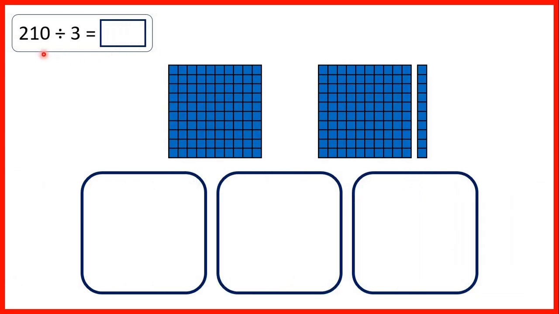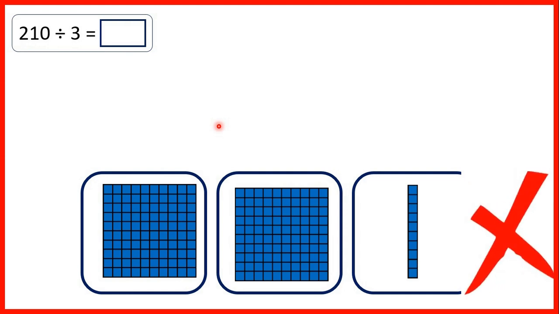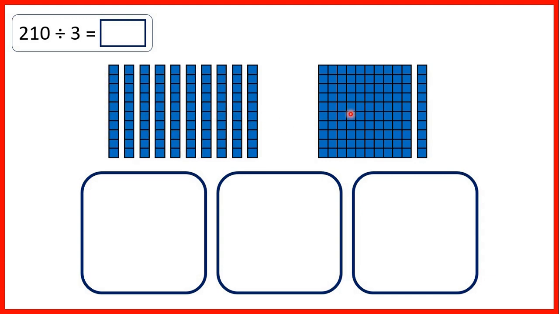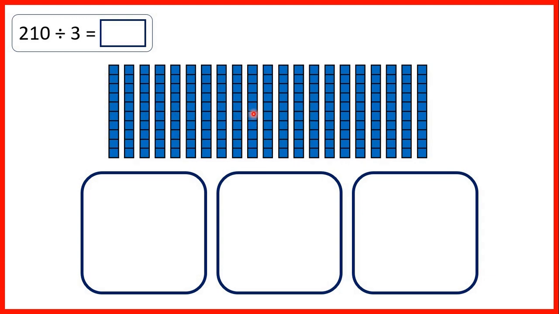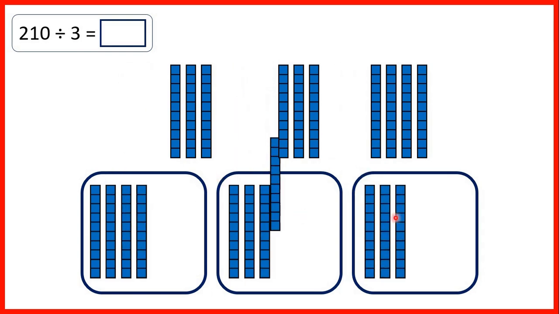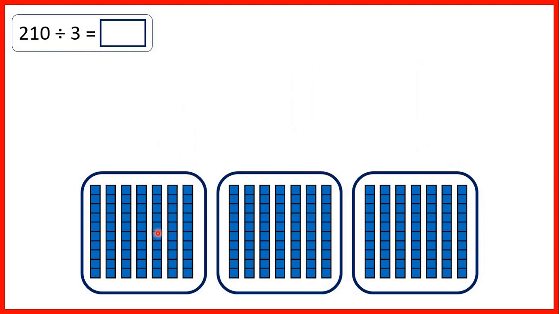And finally, let's look at 210 divided by 3. We can't share out our hundreds because we need to make equal groups. We can't have a 100 block in 2 of our groups and a 10 block in our other group. So instead, we split our hundreds into 10 tens, and then we have 21 tens to share out between our 3 groups. When we share out our tens, we get 7 tens in each group,